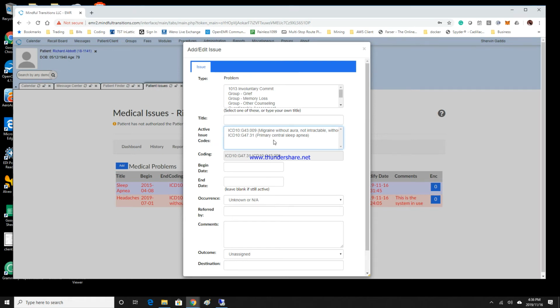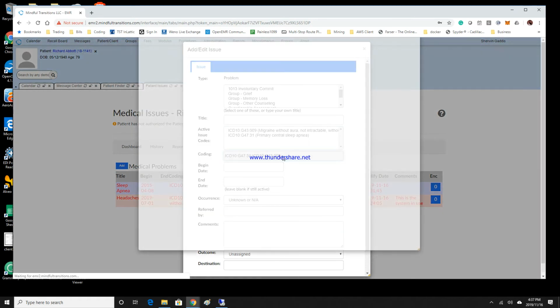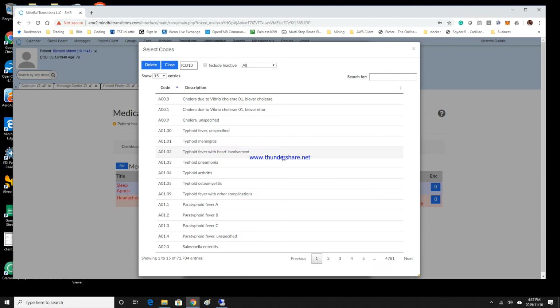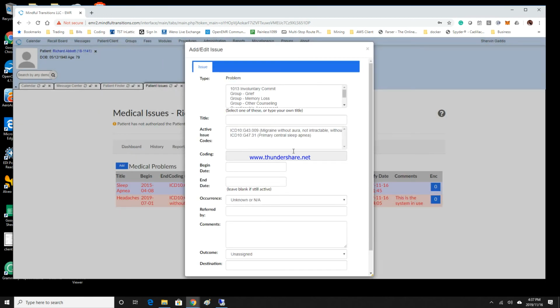And as you can see, I clicked on this one and it filled a box here because I clicked on both of them. But if I'm going to choose a new code, I would click on the box and then find a new code. Let me cancel this for a moment. Close that. Alright, so